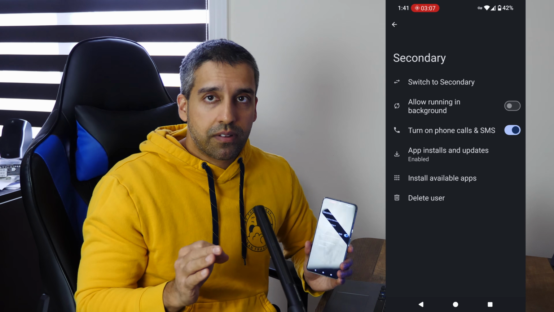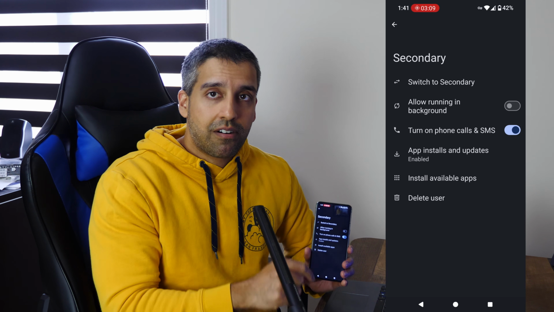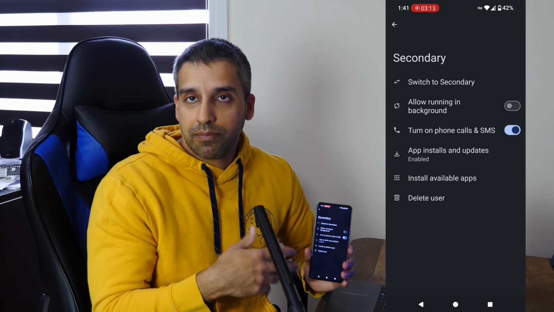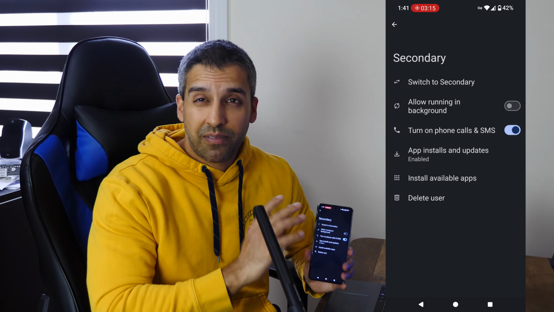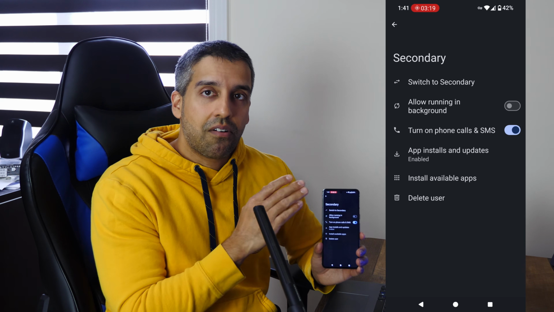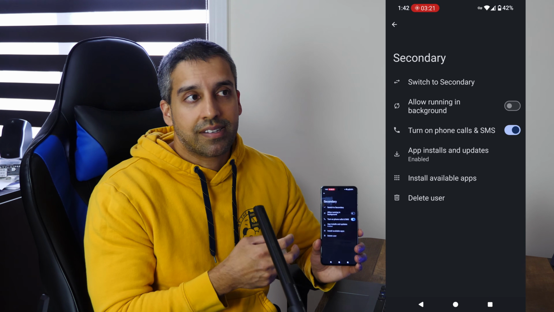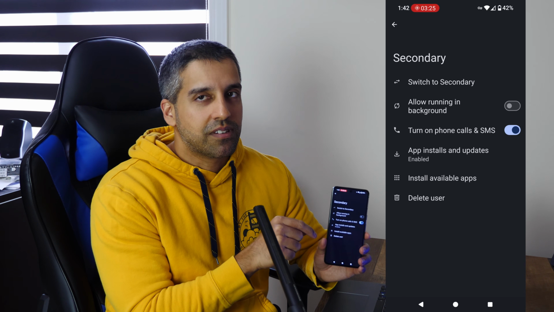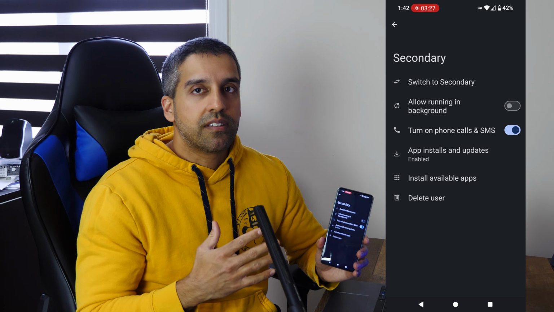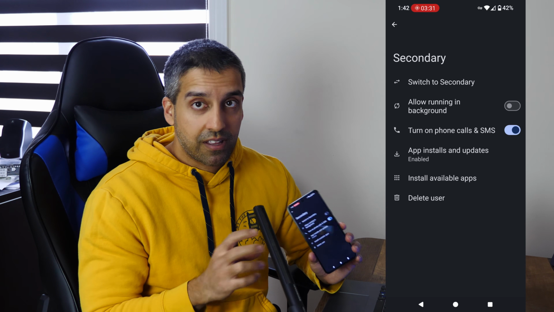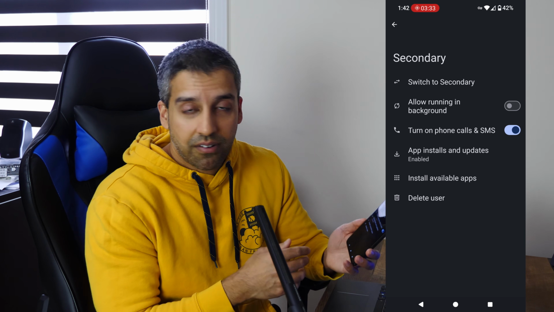The only caveat with this is that when you turn that on, any services from Google, for example, if you have something like Gemini, Gemini scans everything on your phone. I don't have it installed in any profile, but if you did, it would scan all the texts coming in because it has access to your calls and texts then. But if you don't have this on, you won't receive calls and texts. So you really need to figure out where the border for you lies with having that feature on or off. I have it on, but